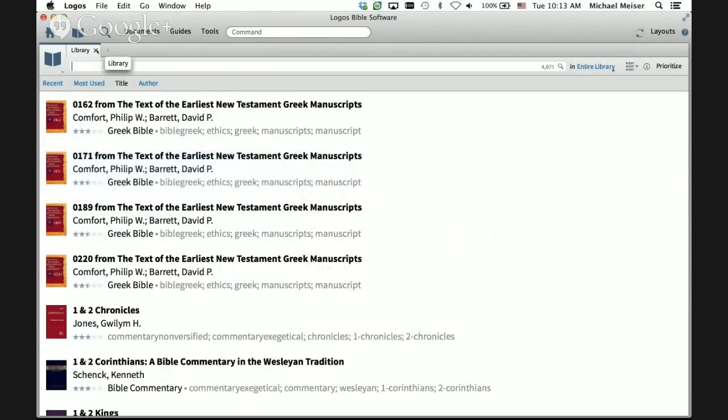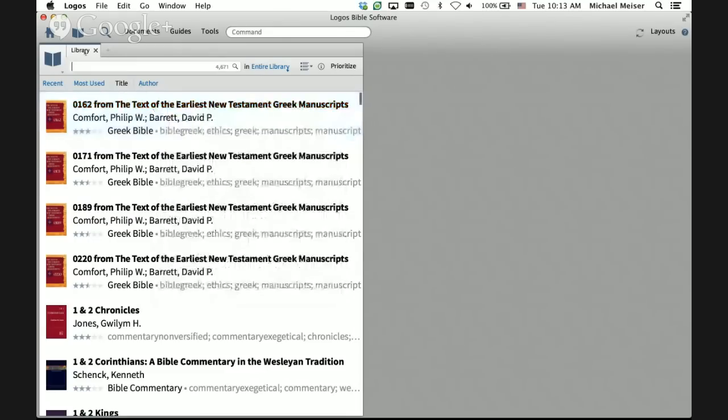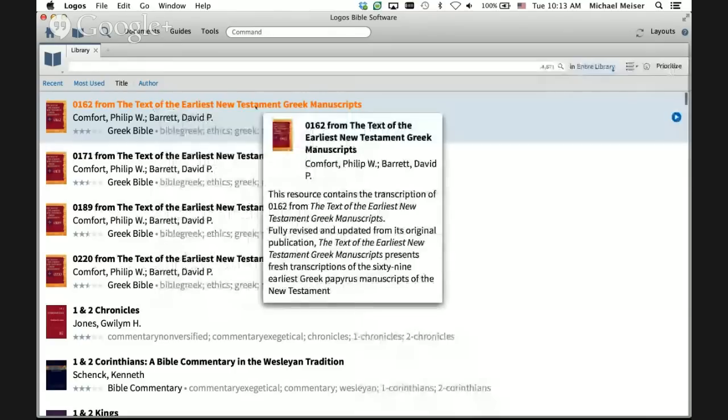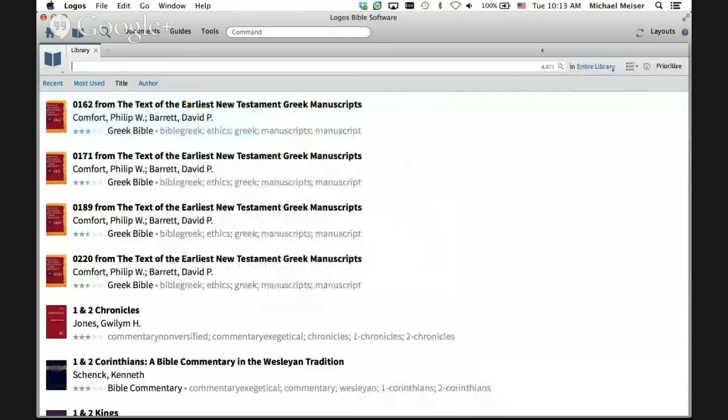I'm going to go ahead and do that again for you. I'm going to close out my library. We're just going to click and drag the library down and drop it in. And then you can resize it in your layout accordingly. So any of your Logos resources you can actually do this with. If you have your library open, you can click and drag them out of your library and drop them into